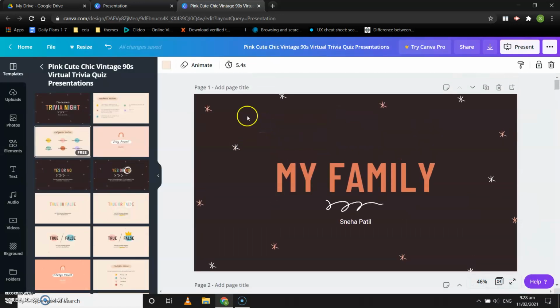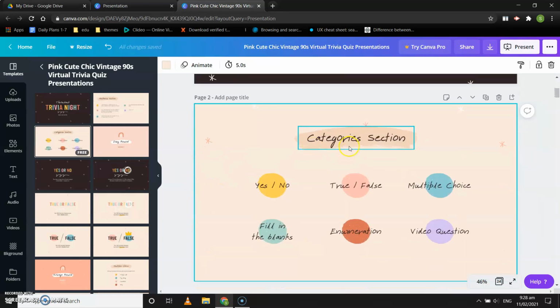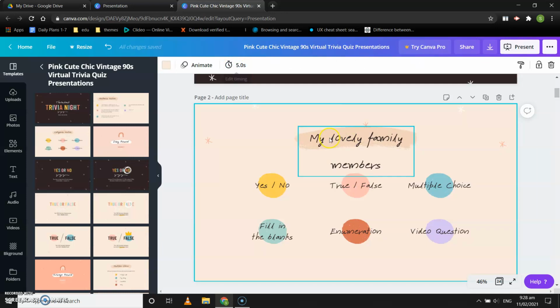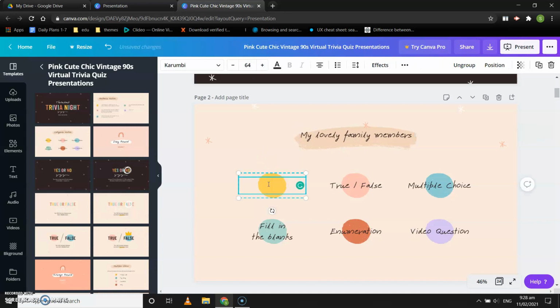See, when we scroll up, this is our page 1, that is the title page. This is our page 2. Now over here, you can write family members' names.